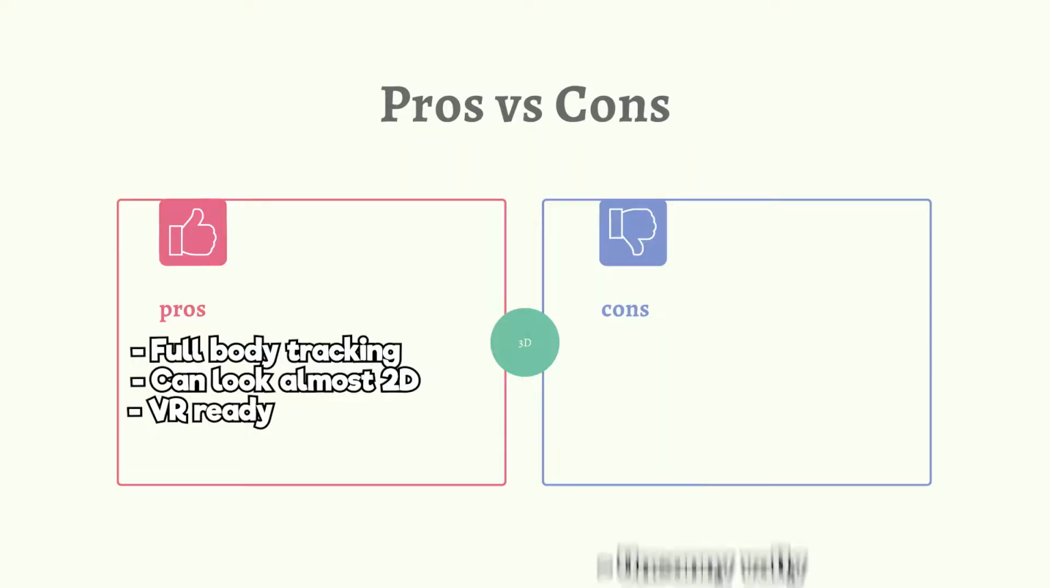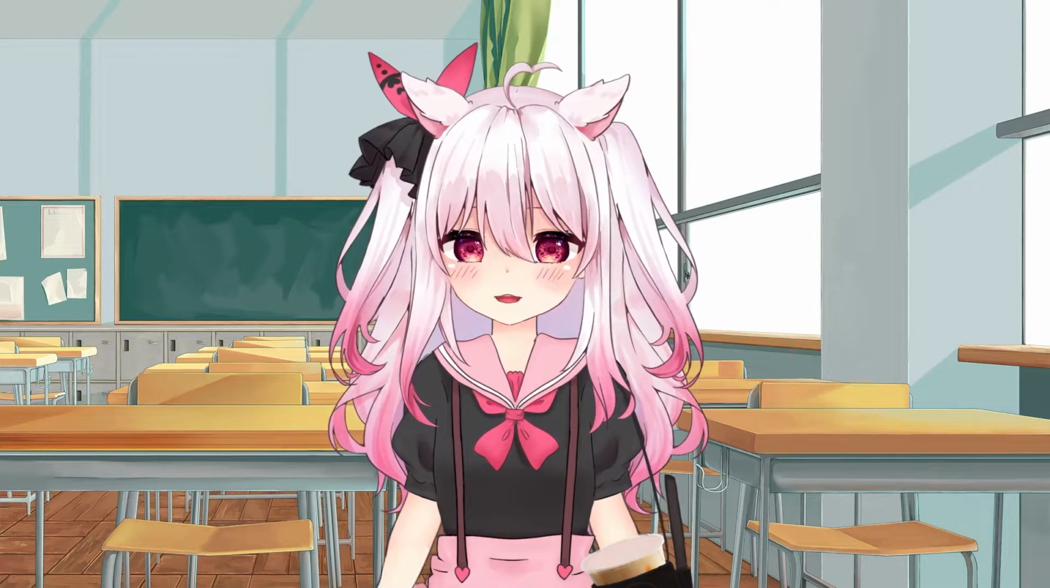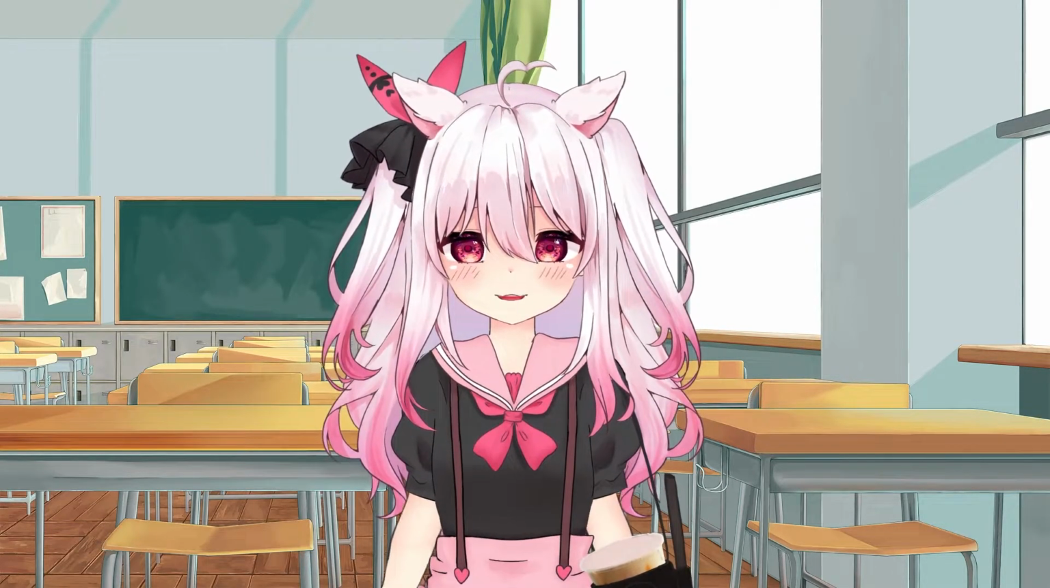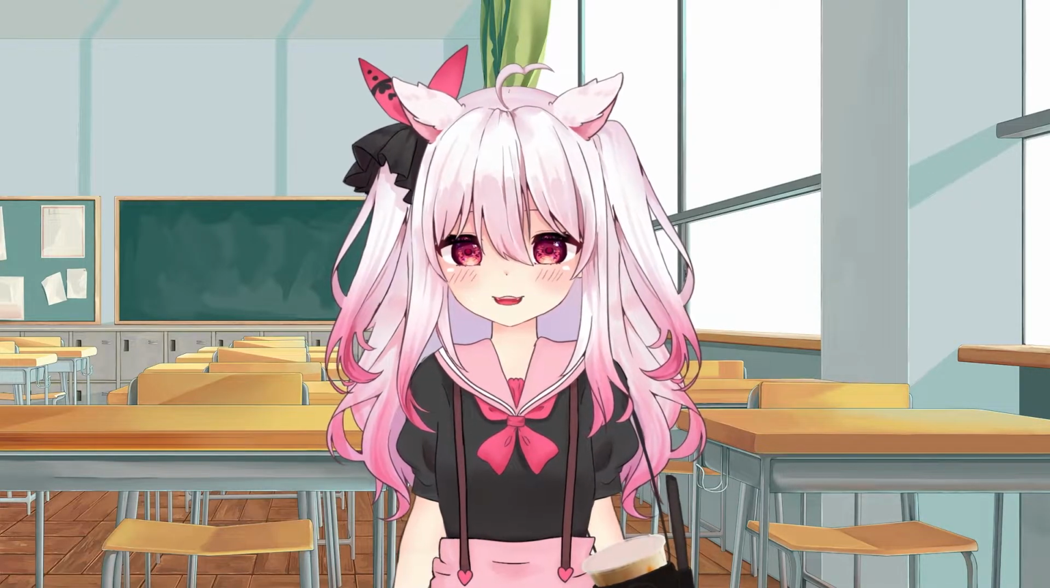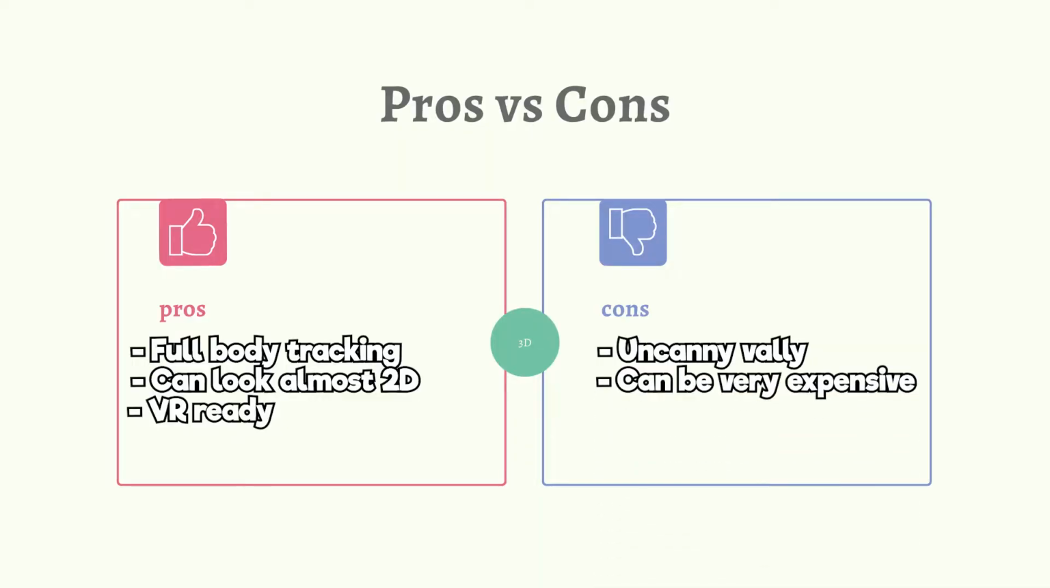I also noticed that a lot of VTubers have their 3D models look almost 2D with certain shaders. However, with that being said, sometimes 3D models can look a bit weird. There have been a few instances where someone's model feels too realistic, and it gives this really uncanny valley vibes. It can also be very expensive to upgrade your hardware, since there are so many different tools you can use for your 3D VTubing, and the cost for all of these will greatly depend on what kind of content you